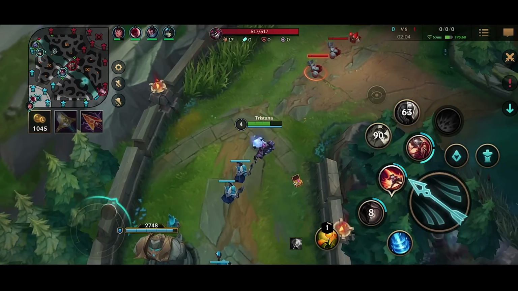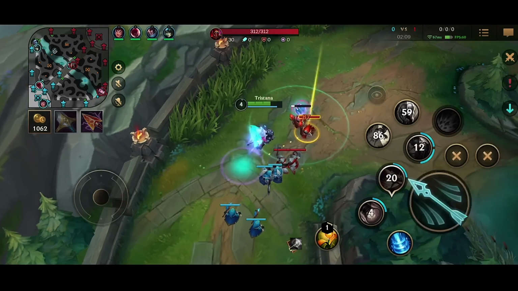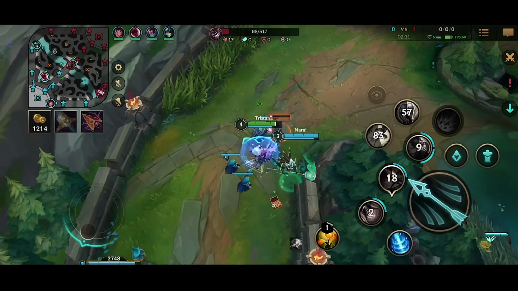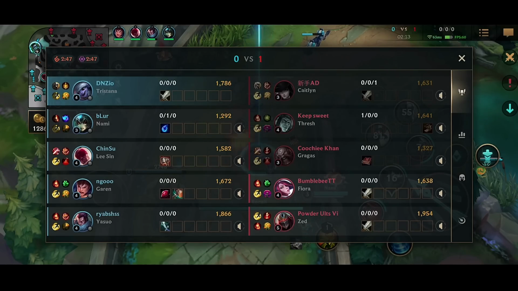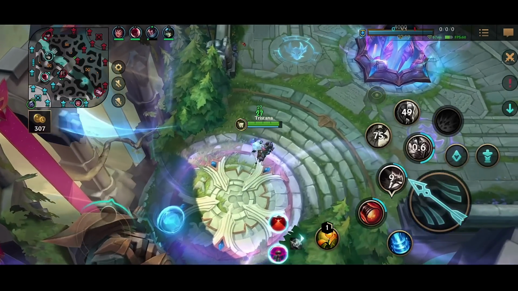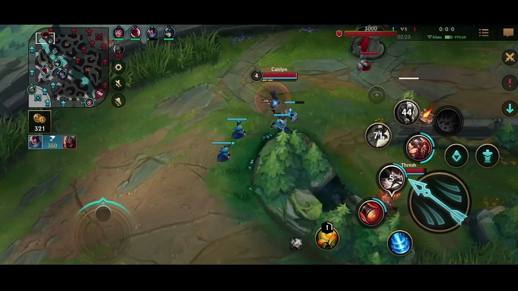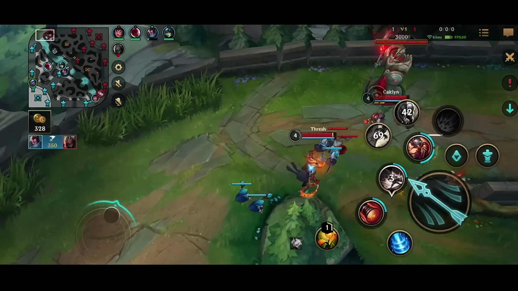You do not want to be behind in XP. But now what I'm going to do is I'm actually going to shove this wave. Now this could be very bad or very good. I shove it and then I reset so that there's no wave. But the thing is, if this Thresh gets there and freezes the wave, which is exactly what he did, it screws me over. So what I should have done was not shove that wave and just